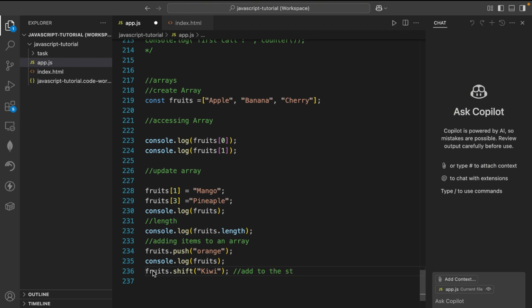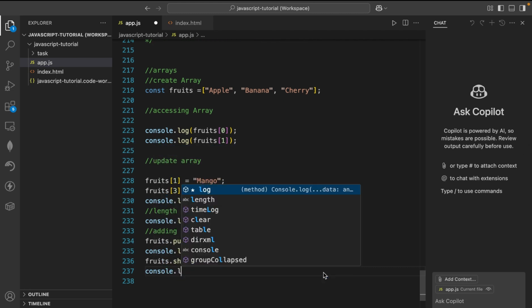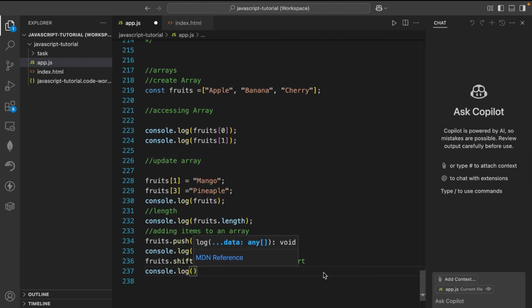So this will add to the start or the first, right? So if I do this and I come here and say console.log, and I pass in fruits like this,